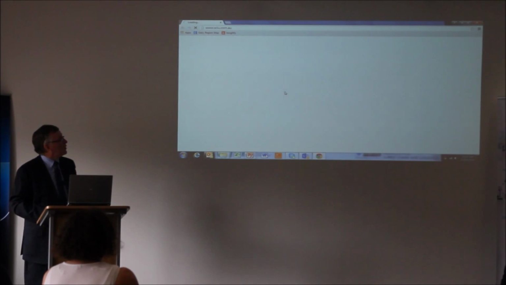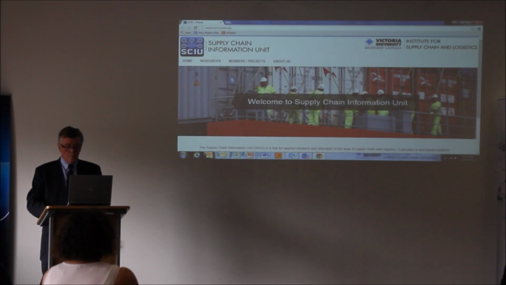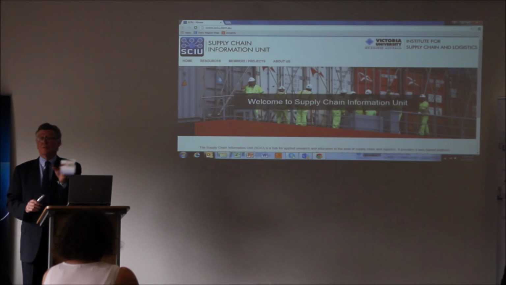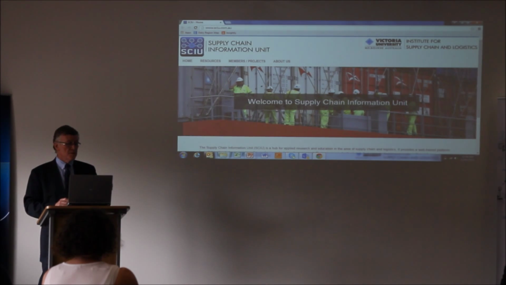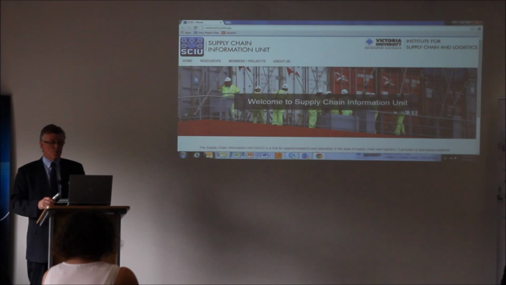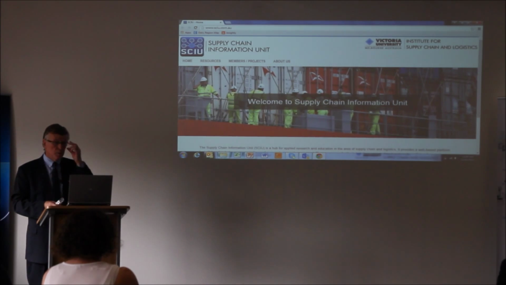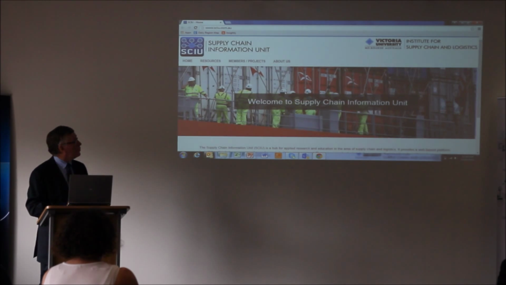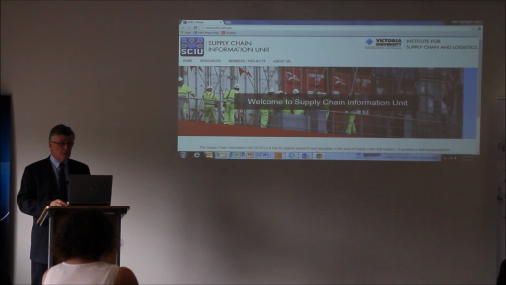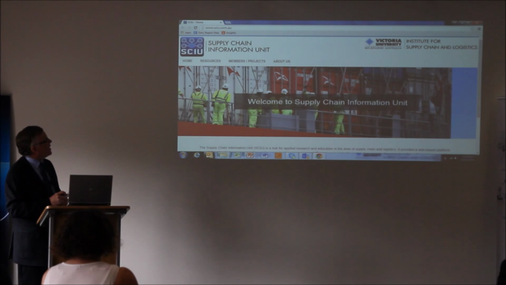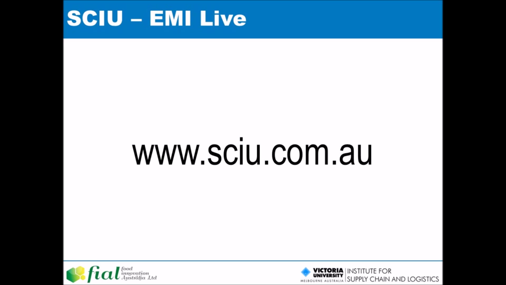Now on your desk you've got a little two-sided page or card. On one side SKU. The relevance of this today is that this is a development of the Institute of Supply Chain and Logistics, where Feroz and I are from, and its relevance today is that it's hosting EMI, and the key section that's involved in hosting EMI is the members and projects. In other words, we can set up members and projects within this, and FIAL is a member, and Export Markets is a